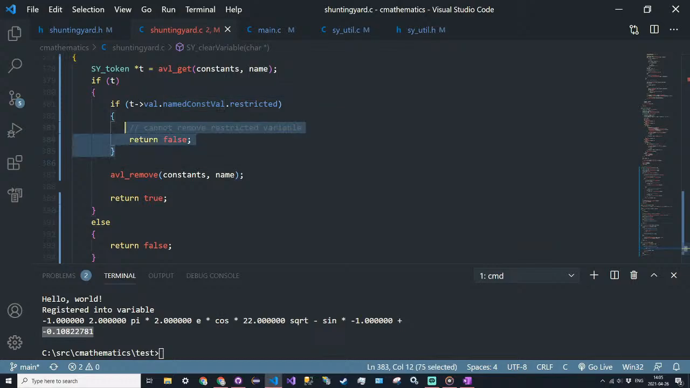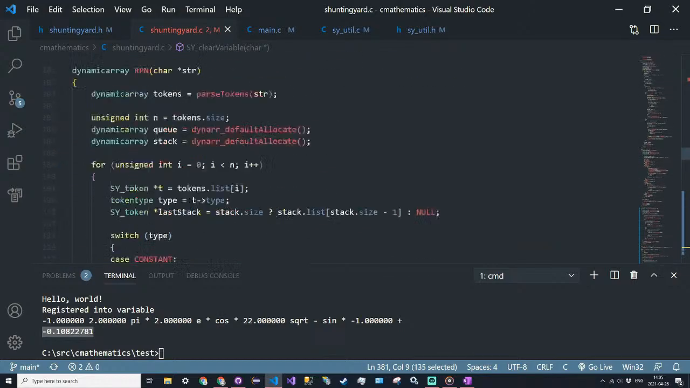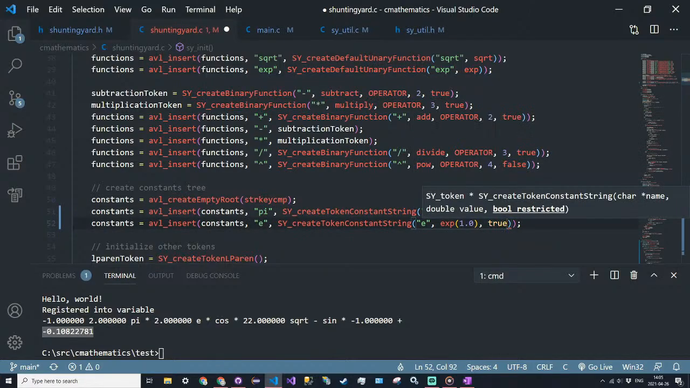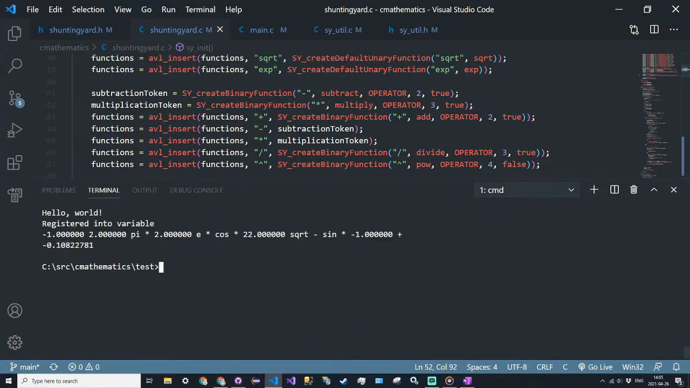Yeah. So once again, just restricted variables you cannot modify. Now we're going to have a few errors up top because we didn't pass in a restricted value to create token constant string for pi and e, and for these two we do want to pass in a true for the restricted flag, because we do not want these values pi and e to be modified. So if we run this again,